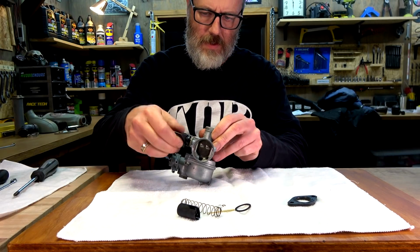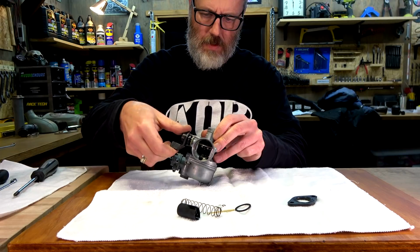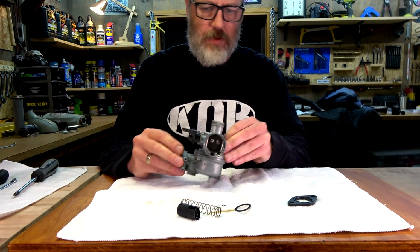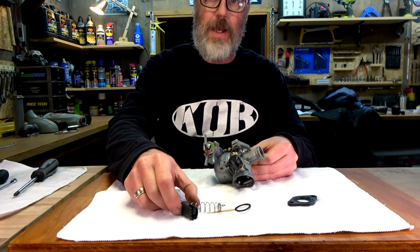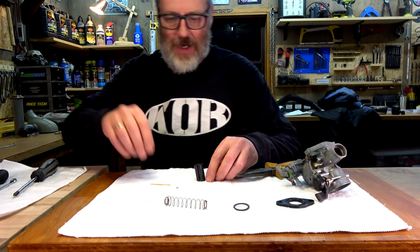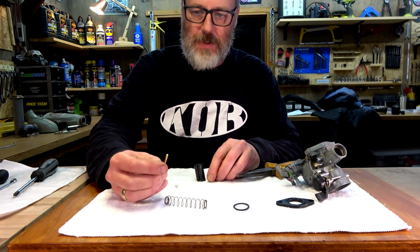Righto, so I've just got to remember to adjust these before we go trying to bloody start it up. But now I've got to figure out how to get this thing done. The other problem that I have too, guys, is that